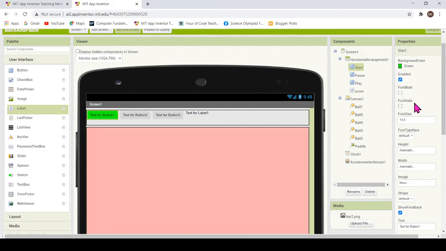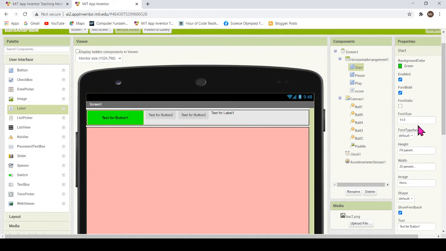Okay. And the font, let it be bold. As well as height, we will change, we will say fill parent. And width, I will say to take 25%, as we do have four components here. So if I share the width to 25% to each, the complete width of this horizontal arrangement will be taken, and they will be of equal size, and will look nice.